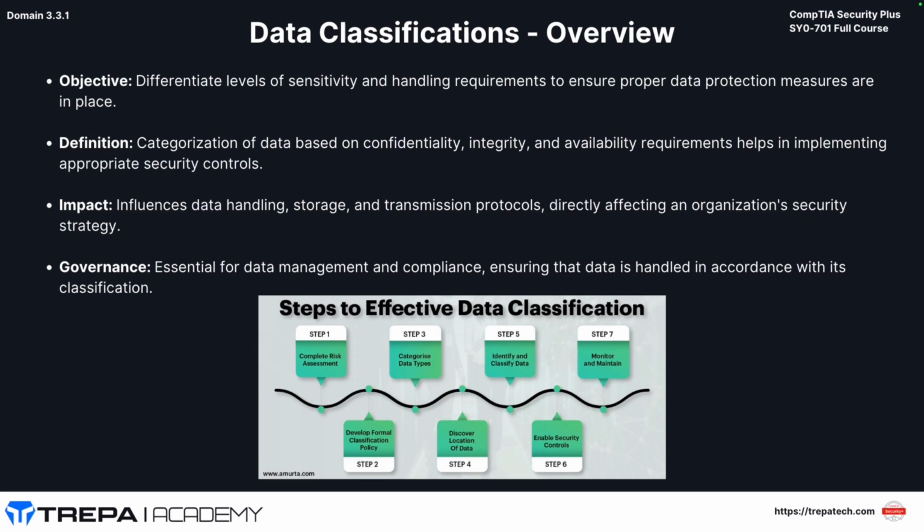So data classifications, this is going to differentiate levels of sensitivity and handling requirements to ensure proper data protection measures are in place. So the categorization of data based off its confidentiality, integrity, and availability requirements help in implementing appropriate security controls. Now, when it comes to our governance, so data classifications, we're going to go over terms like private, confidential, sensitive. And these are going to be the terms as defined by CompTIA, but these terms can also be defined by your organization, what they consider sensitive or private or